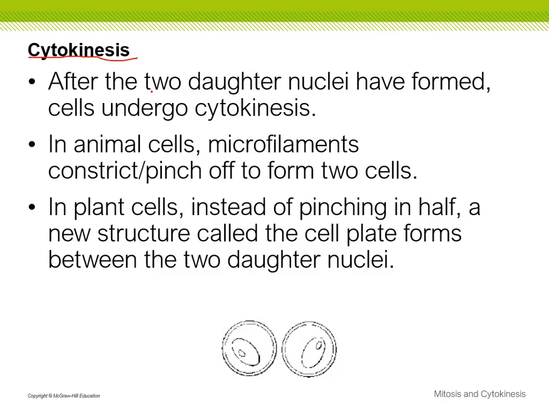You have those 2 daughter nuclei, and they undergo cytokinesis. Basically, in animal cells, those microfilaments tighten up so much that it just creates walls. It just tightens up, and now it's a barrier. Whereas in plant cells, it doesn't pinch itself. Instead, you grow a plate in between them. So that's the only difference between them. So cytokinesis isn't that deep. Cytokinesis is just, yep, it's split.